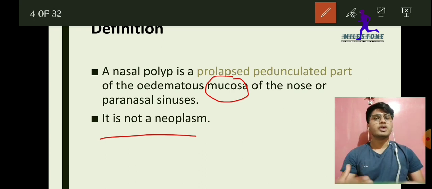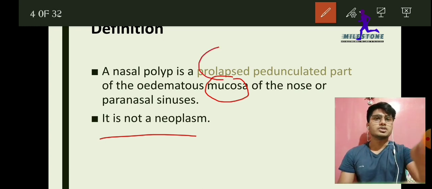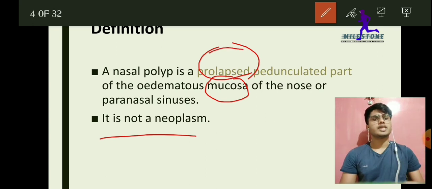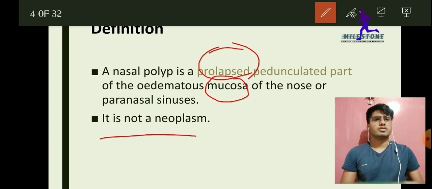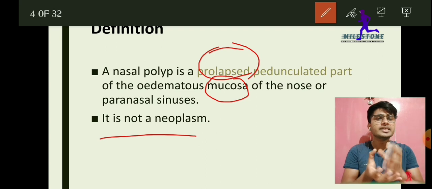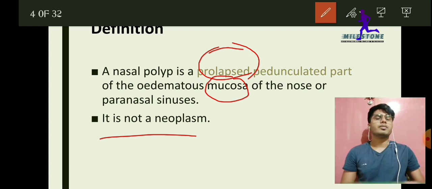And the other word is prolapsed. It is something which has prolapsed, just like a prolapsed uterus. A prolapsed uterus is not a tumor, it seems like a tumor. It is a bulged part, but it's not a tumor. It is basically a prolapsed part. So a prolapsed part seems like a tumor, but it's not a tumor.